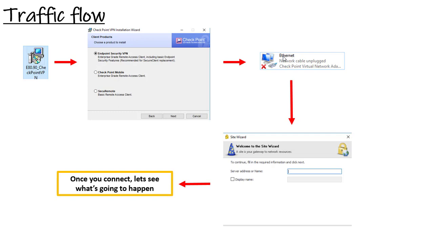Once you install the application, it's gonna create a virtual interface where, in office mode, your virtual private IP address will be assigned. During the first time config, the system is going to ask you about your server address or a domain name. Usually it is an external IP address of your gateway. And once you actually put the external address of your firewall, what's going to